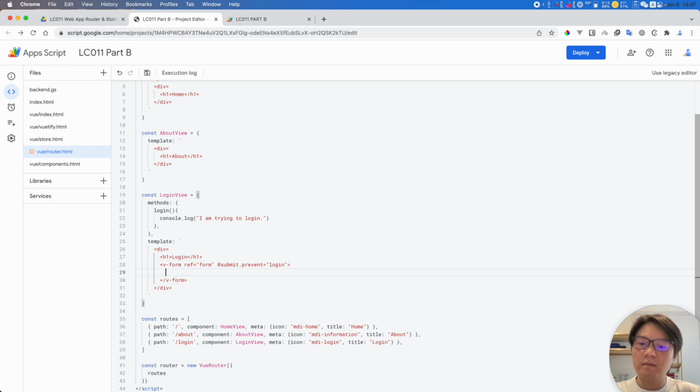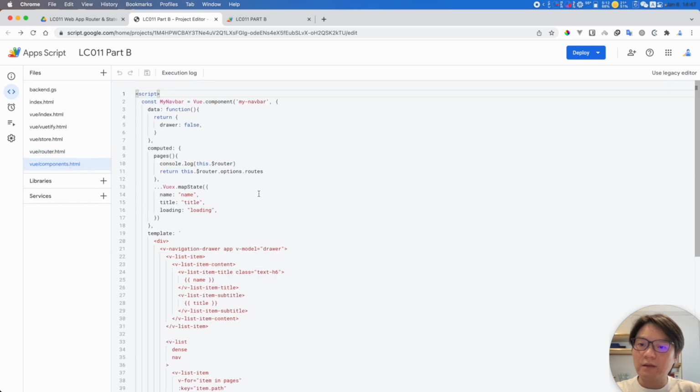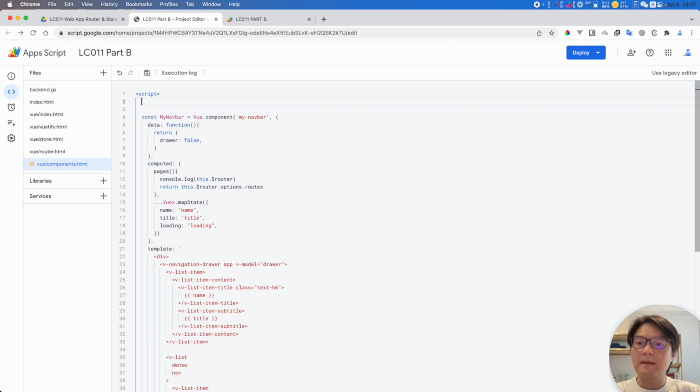And in this form, before we, actually, I'd like to create a component here for all the form input. Because we're going to use the form input in a lot of places, and that's why we need to create, maybe